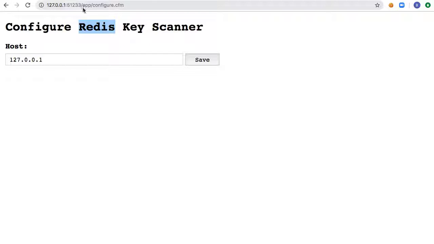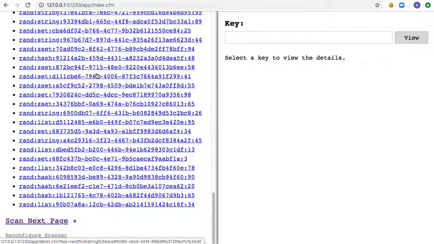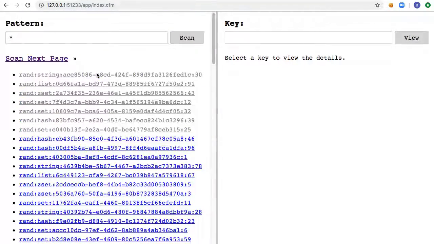So what I created was a small key scanner utility here in Lucee CFML so that I could quickly plug into a host, like this one, my local host, and start to iterate over the list of keys in the key space so that I could start spot checking things and see if there are any patterns that I would notice. So you can see here on the left, it iterates over 100 keys at a time,